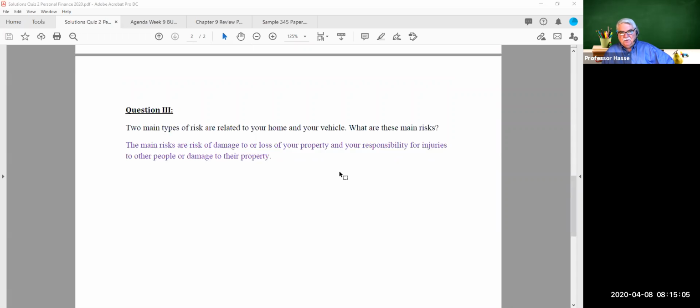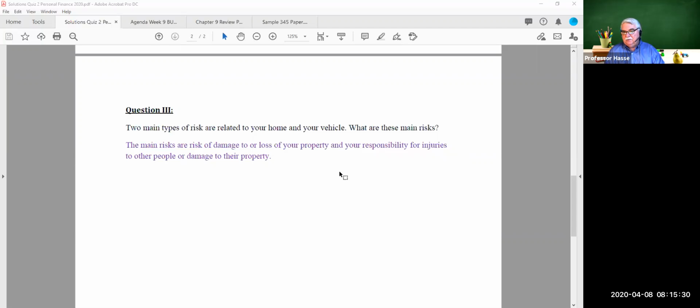The main types of risk related to your home and vehicle. In other words, the risk of damage and the risk of injuries. All right, property damage, people damages. Those are generally most of the risks. And notice how simple I just put a sentence down to answer that question. I know some of you gave some longer answers, but I was generally looking for some explanation of the 2 main types of risk, which is risk of damage,